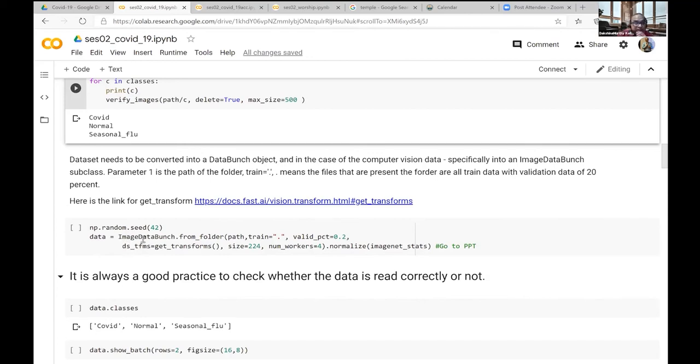So image data bunch here, this command is extremely powerful. What it does is it goes to your path, which is that folder where I put all the train images, and it takes all those images, COVID, seasonal flu, normal, everything.